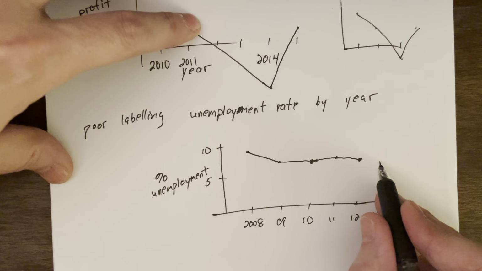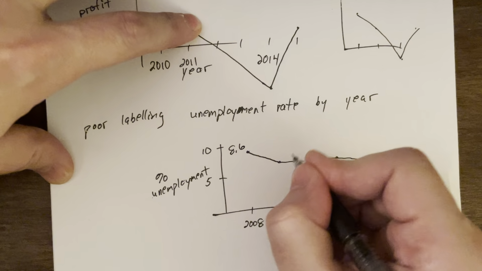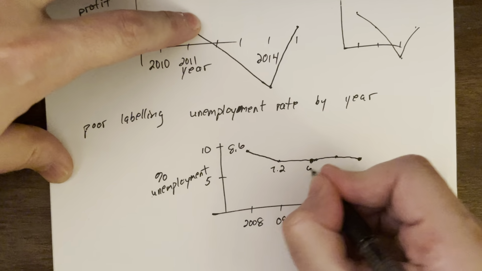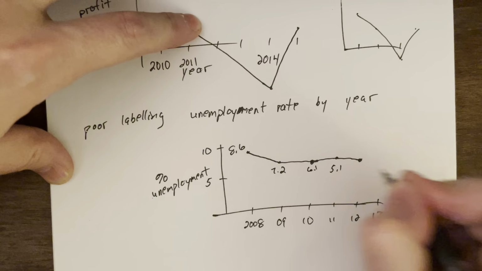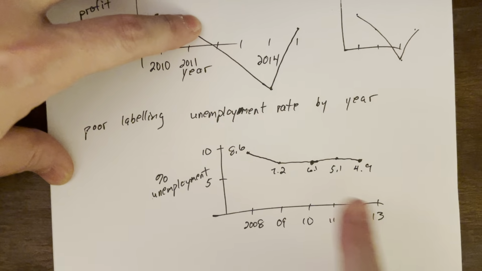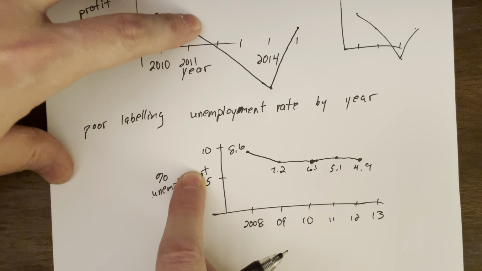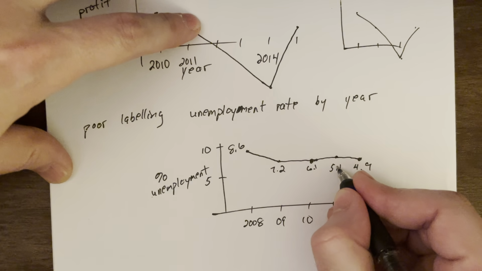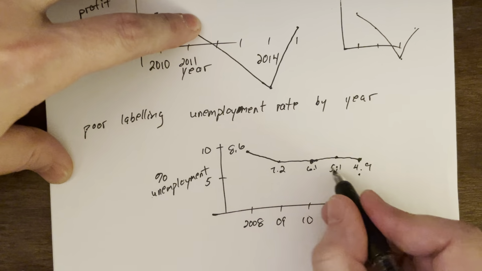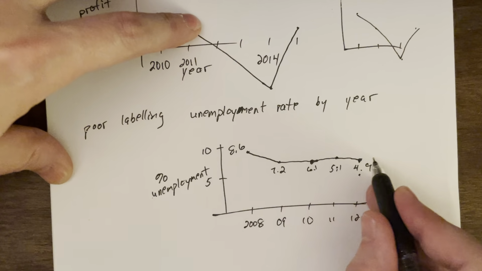But then when you actually look at the numbers, I believe, again, I'm making these up, but this was something like 8.6, this was 7.2, then this was 6.1, then 5.1, and then like 4.9. Do those even closely match up to what we have over here? 5.1 should be about here. 4.9 should be below 5. They're just completely not lining up their numbers to make it look like unemployment was